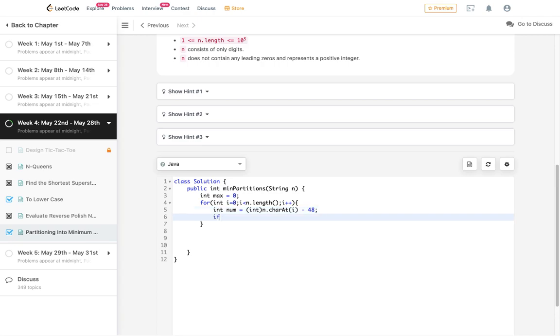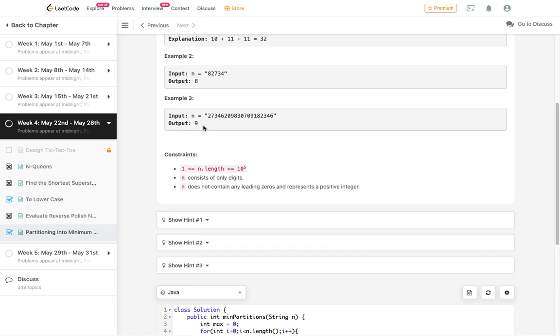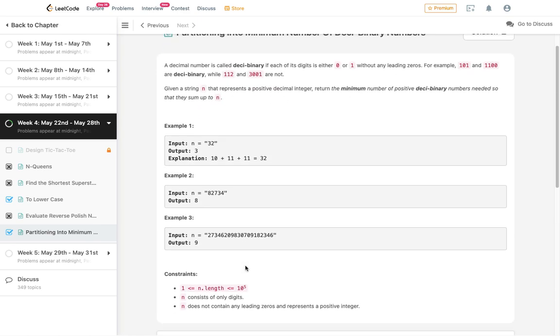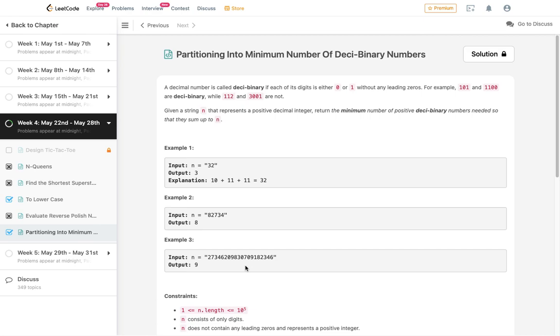If num is greater than max, we do max equal to num. That's a simple comparison. This will give the maximum digit, which is the answer. We simply return max, because max contains the maximum digit present in the number, and that represents the minimum number of deci-binary numbers needed to sum up to the original number.